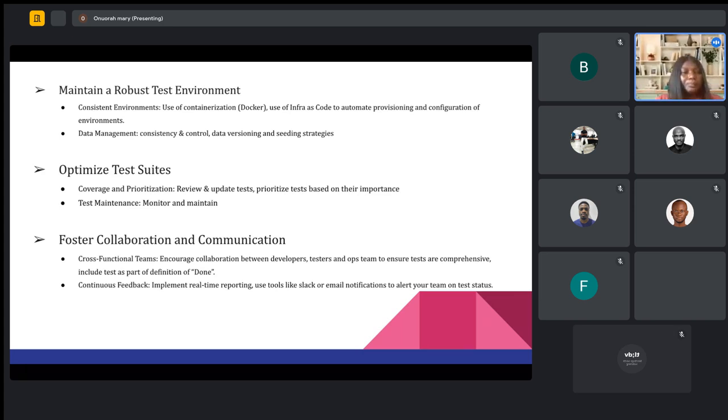Then the next thing is fostering collaboration and communication. Like I also stated before, one of the components of DevOps is communication and collaboration, right? So as part of your strategies, you have to encourage collaboration and communication among your developers, your testing team, and the operations team, to ensure that your tests are comprehensive, and make sure that you include test automation as part of your definition